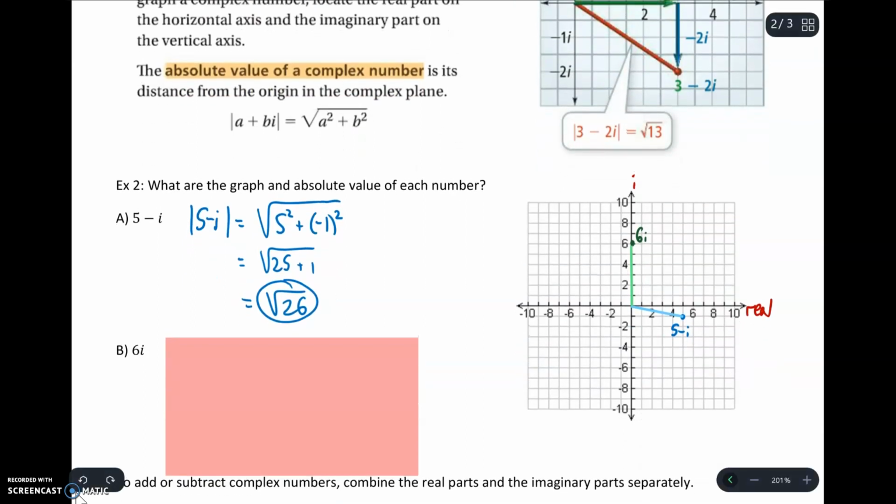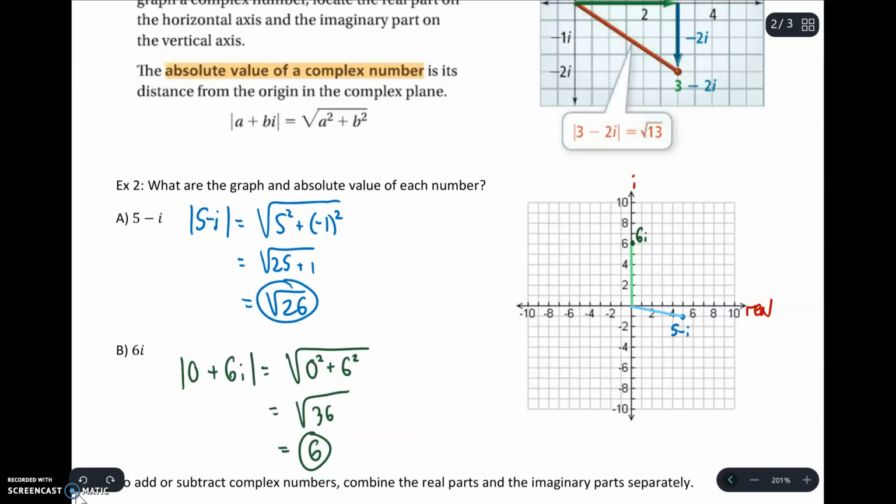We can do kind of the same thing on our next part of our answer, which is, again, just imaginary and no real portion. On the graph, I already have that pictured. Just the imaginary number just means it's going to be on my vertical axis, but it's not going to have any kind of left or right movement on that real axis. And if I want to find the distance, it's actually easy enough from your graph to count the distance on this one. All we're really doing is going up 6,